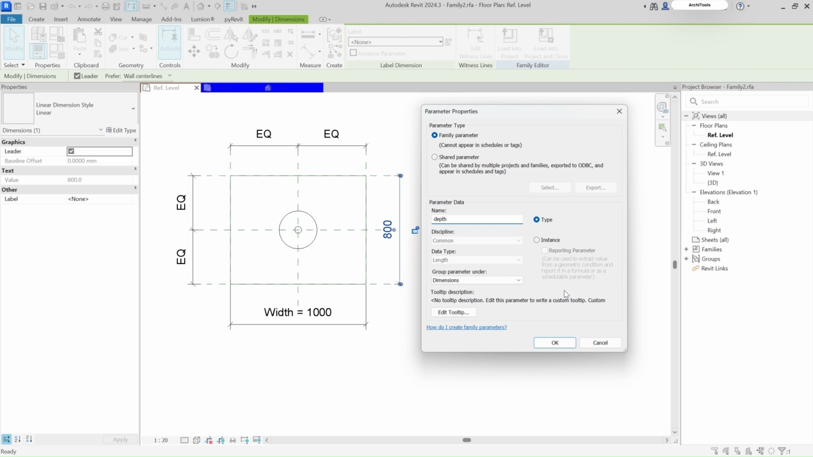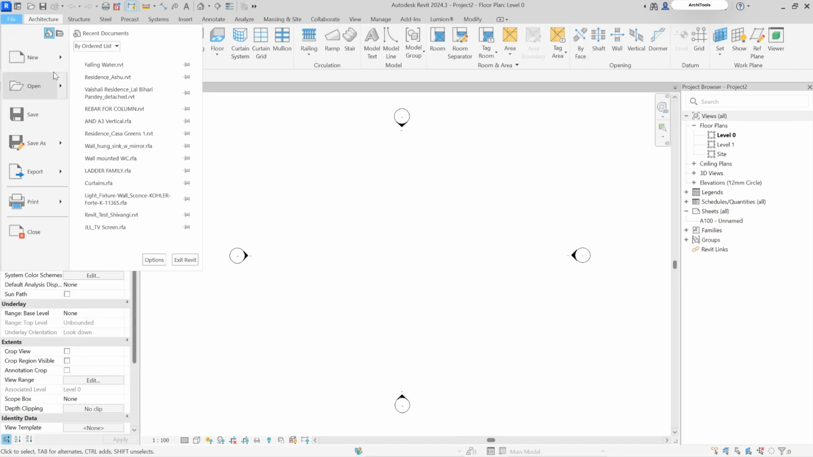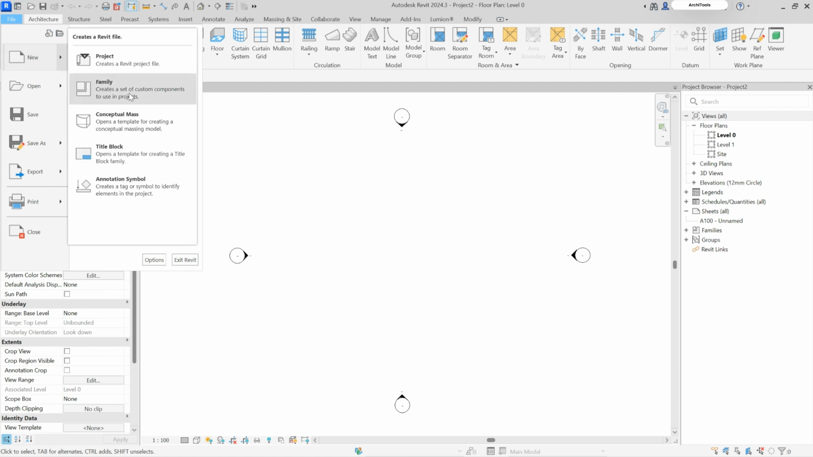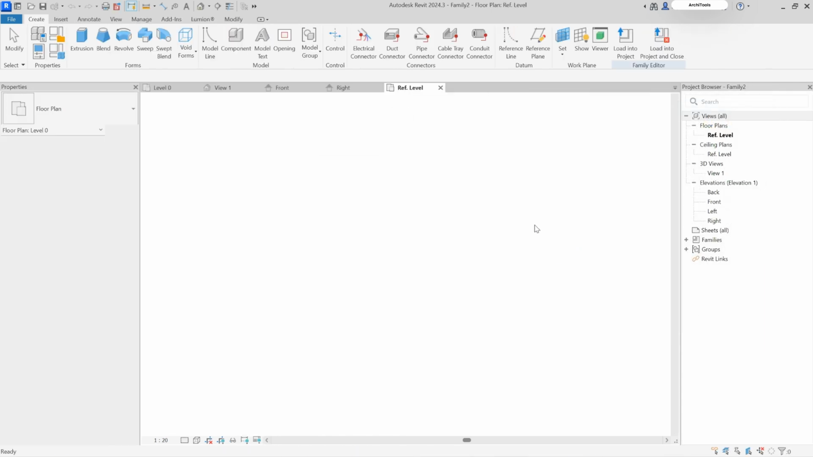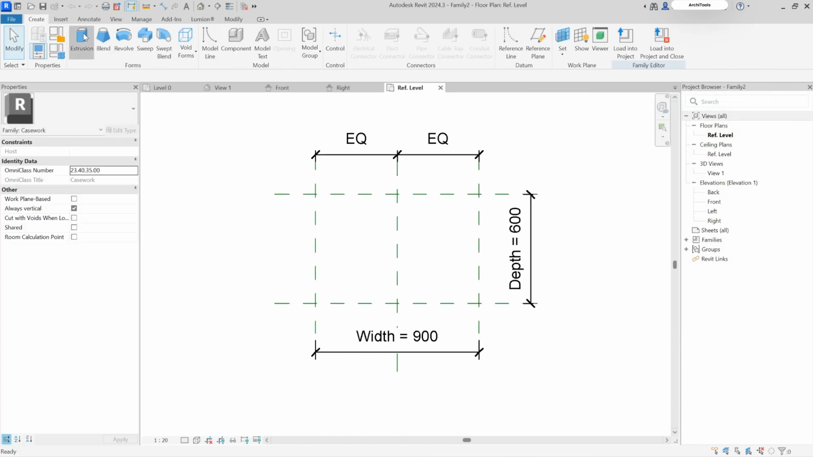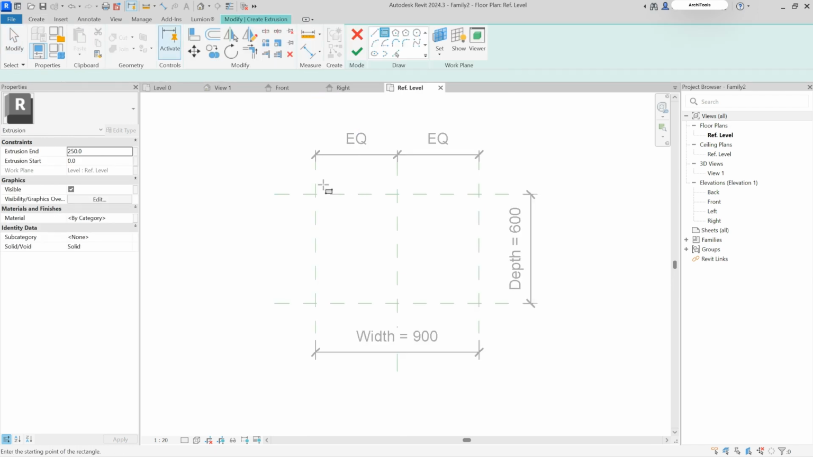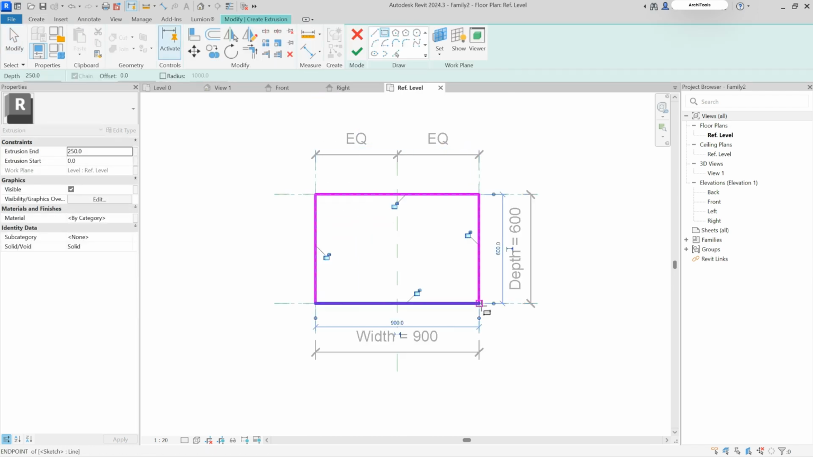Let's understand this by making a table family as an example. Let's begin. Go to New and create a family. I'll choose metric casework as a template. I'll make a family for a table, and lock these four sides,